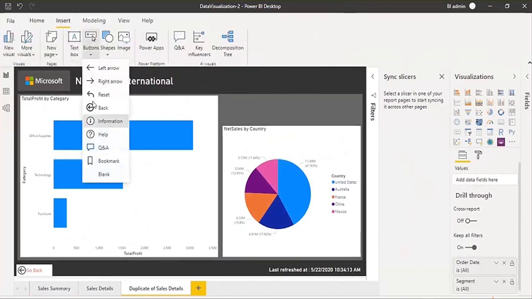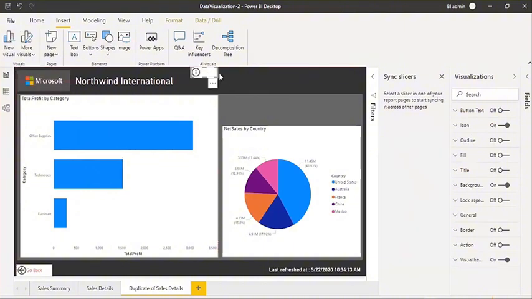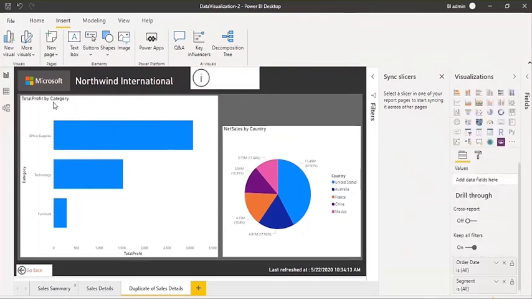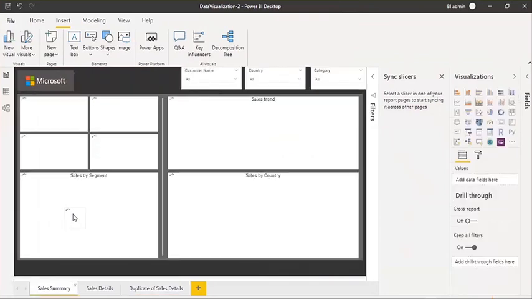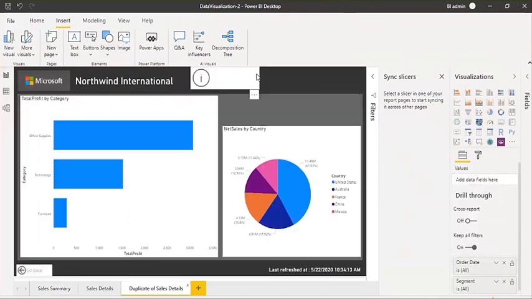Okay, so let's add this button. On this button you want to display that value, correct? So simply copy that card visual. First create a card and then paste it. There you go, something like this. And how about if we change the selections there, will that value get changed? Yes, definitely. Whether you want to allow it to change or restrict it, it's up to you. Full control is in your hand.